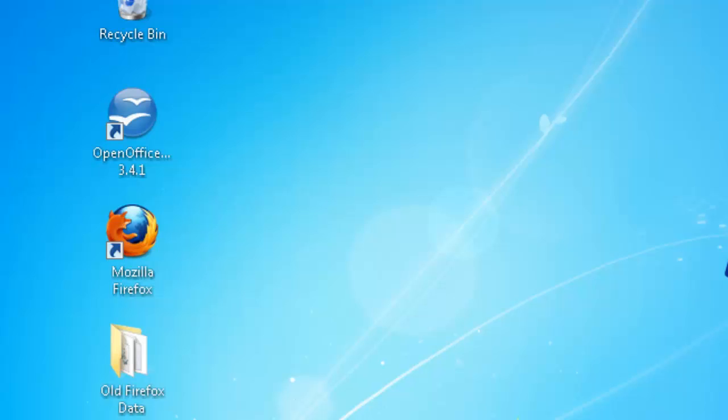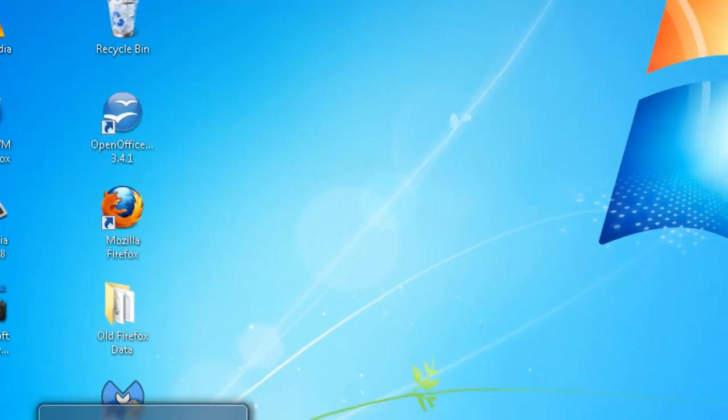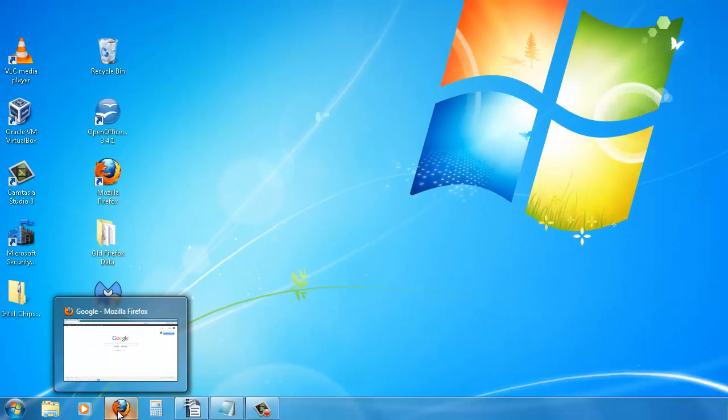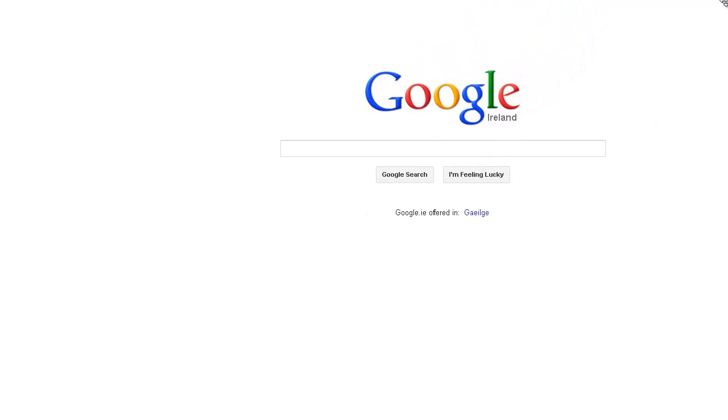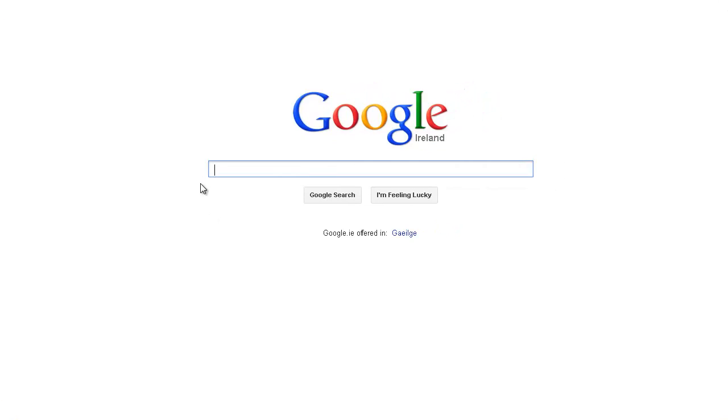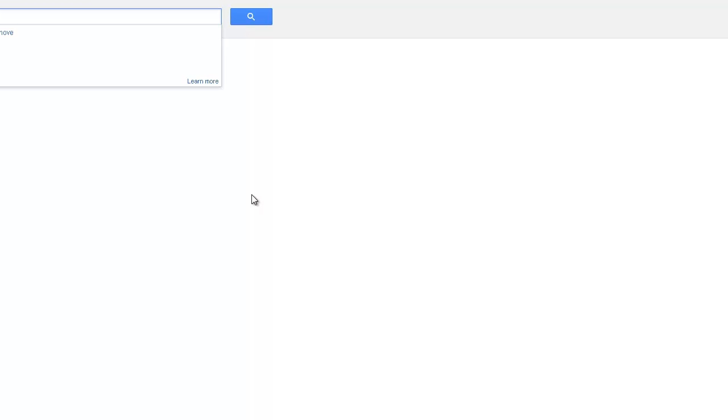Now, sometimes you don't have either of those options. It's not in Control Panel, or it's not in All Programs. You can't uninstall it from All Programs or Control Panel. Then you have to go out and check online. And we'll just move this up here so you can see what we're at. So we're going to take the example of the Norton Removal Tool. So you'd type in Norton. If it was something else you were looking for a removal tool for,